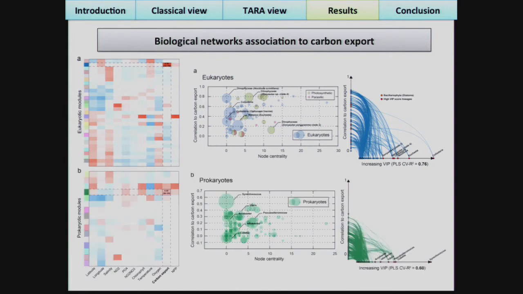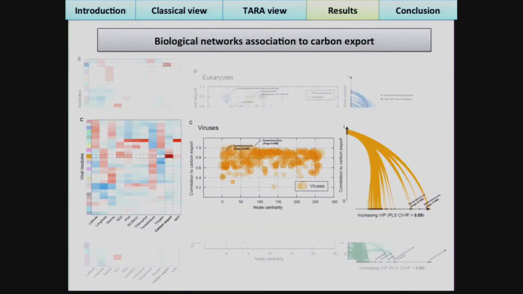We had a different community that came out, with Synechococcus, for example, being one of the central key species related to carbon export. And with that subnetwork, you can predict about 60% of the variation of the export. And the final